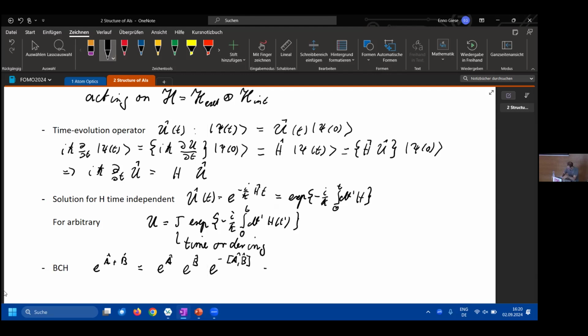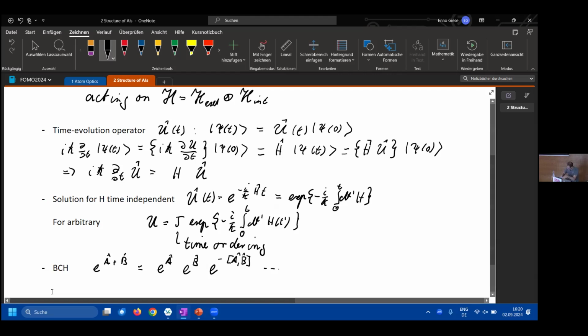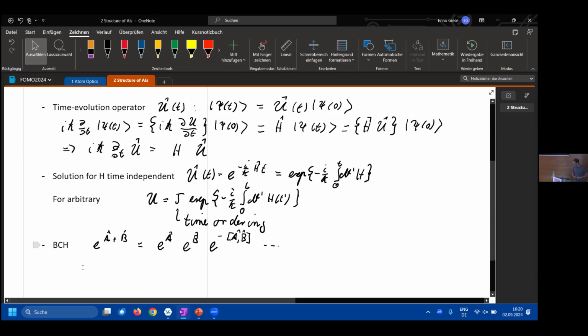What that implies is effectively, because the Hamiltonian has this structure and commutes with itself, we can just write this separately. So we can now write this time evolution